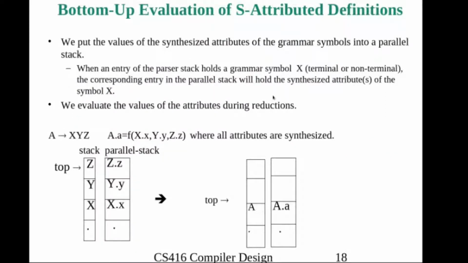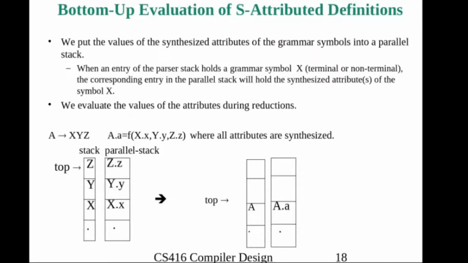The implementation of S attributed definition is nothing but how we will evaluate the semantic rule associated with the production, where that semantic rule is used for evaluating the synthesized attributes, because this is categorized under S attributed definition. We have studied bottom-up parsers, and we know how we do the bottom-up parsing of a string, and shift reduce parser is a bottom-up parser.